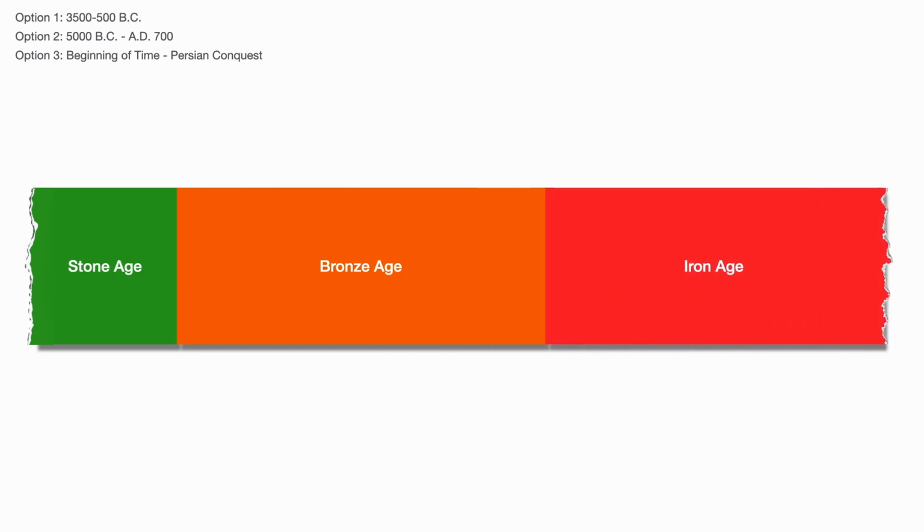Now, although a complete history of the ancient Near East must commence at the beginning of time, mentioning the earliest archaeological examples rather than limiting the starting point, for the purposes of this study, that starting point will begin with a brief overview of the Stone Age. As for when the ancient Near East ends and the next era begins, it seems prudent not to include the invasive cultures, those from outside sources that heavily influence the ancient world, like the Persian, Greek, and Romans. And therefore, this study will end at the foundations of the Persian Empire.